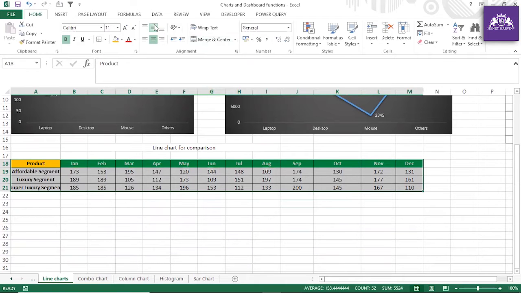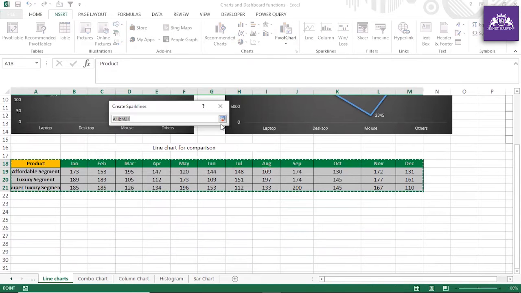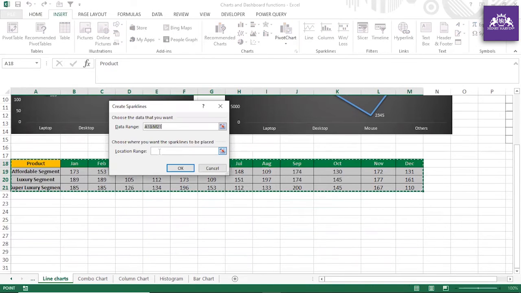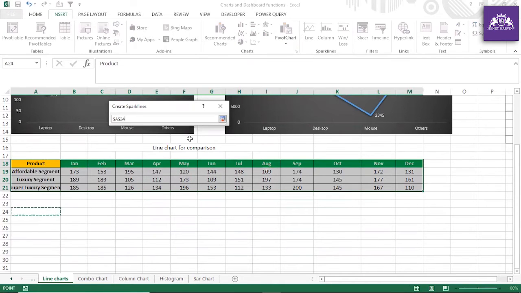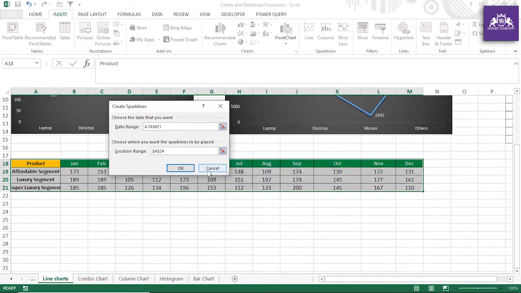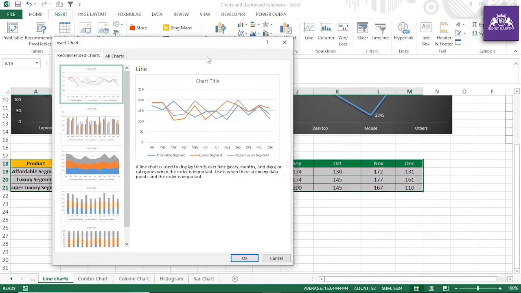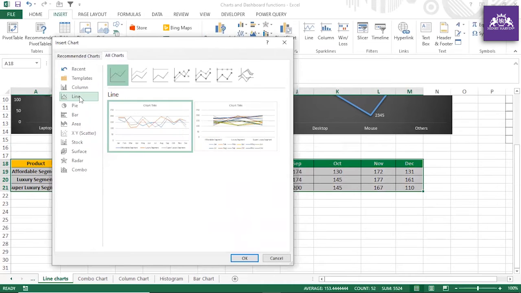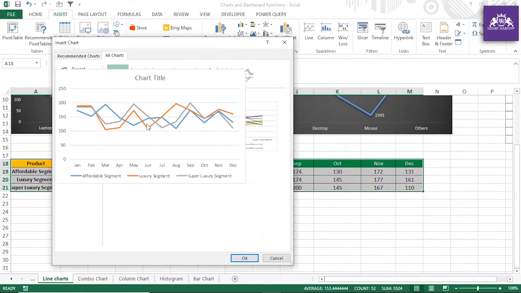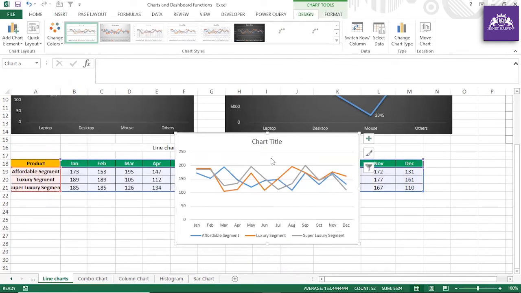And once we have selected this data, go to Insert, and again you go to Line. If you click Line, again it is asking for this entire thing. So choose where you want the sparklines to be placed. So if you select this, let me just check, is it really working? No, the data is not valid. Okay, no idea about it. But if you select everything and go to recommended charts, and if you go to all charts, go to line, you can see this chart actually looks better. All things are represented here.